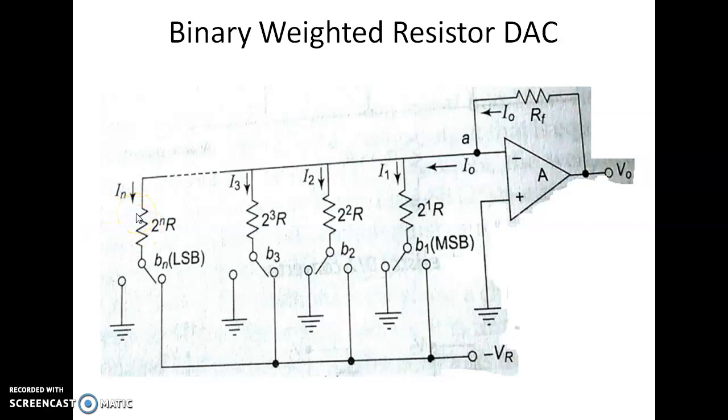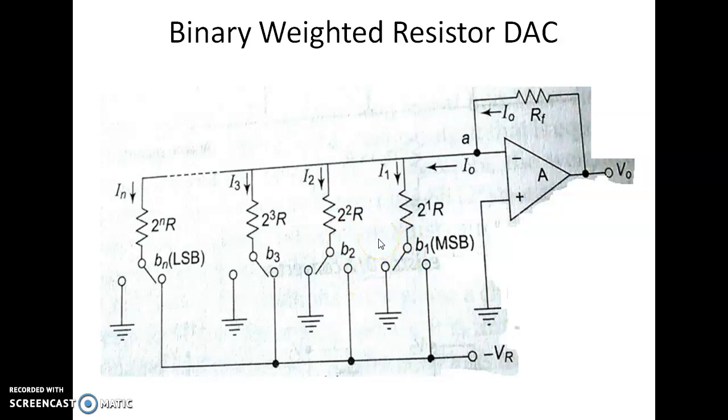These are used one per digital bit and they are single pole double throw switches that we can call SPDT type of switches. The position of the moving arm of a switch is controlled by the binary input bit which is applied to it. For example, if the binary bit, say B1, is equal to 1,